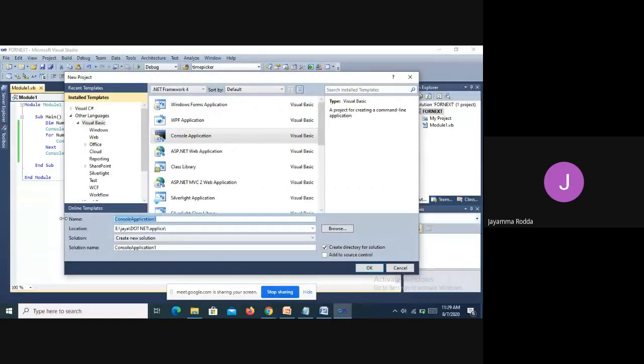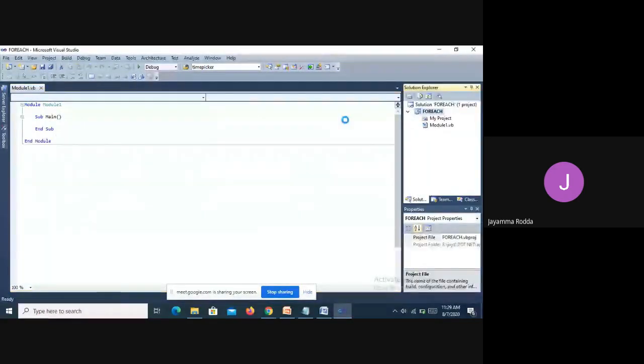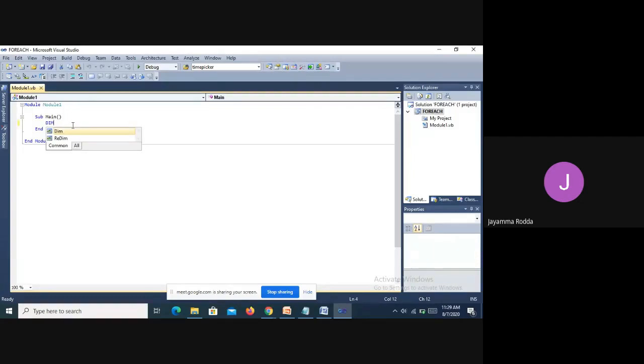Here I will give the name of the program as for each. Okay, so we have created a new console window again. Here let us see what the for each next uses will be.